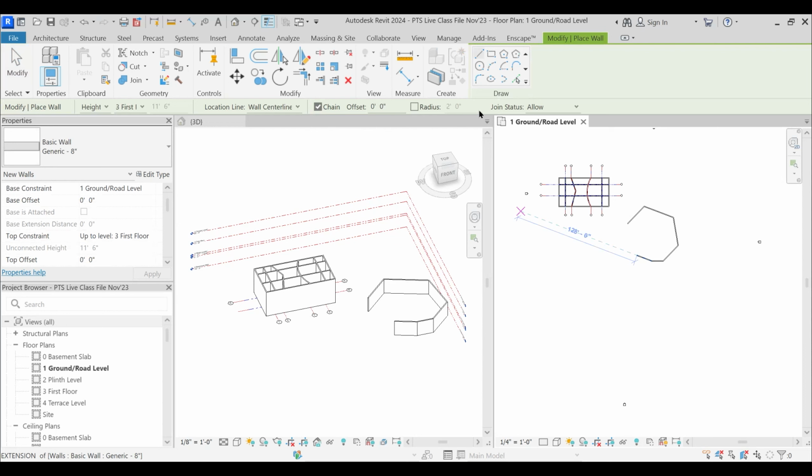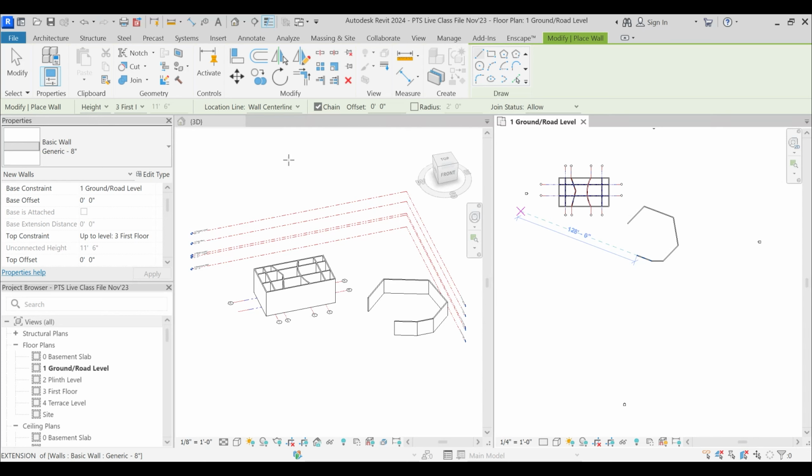Fine. So you have a right angle joint. WA, and all these things are complete, or 1, 2, and 3. These 3 parameters are complete. Okay. Joint status, allow and disallow, that will follow in tomorrow's lecture because that has something to do with something else. This particular wall joints. वो तो बात की बात है. पर उससे पहले, what is this location line? Wall center line. Okay. Location line is wall center line and finish face exterior and interior, and core center line, core face exterior and interior.